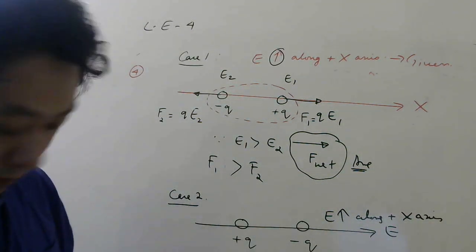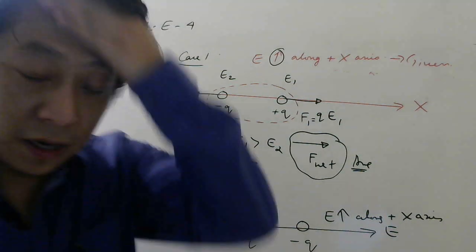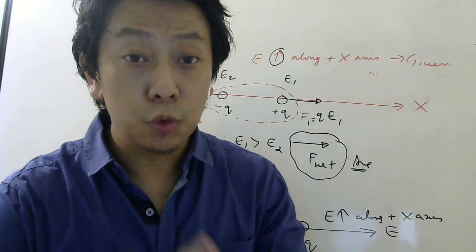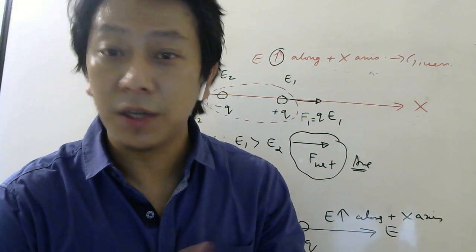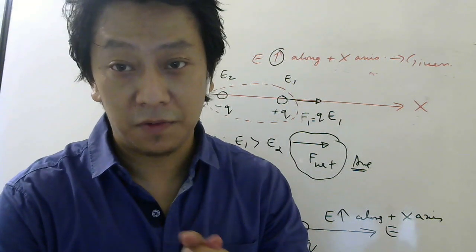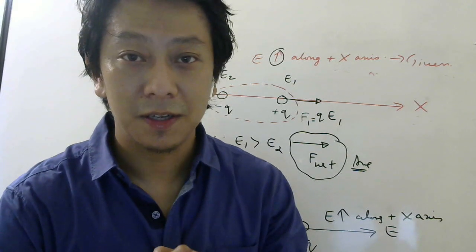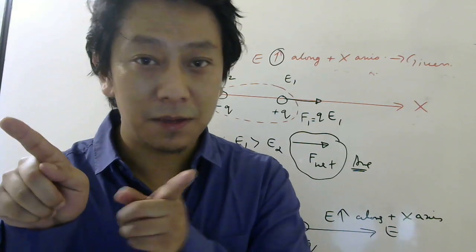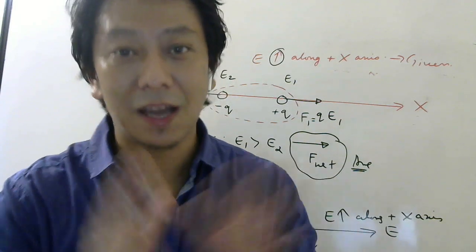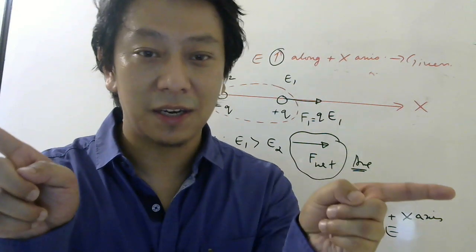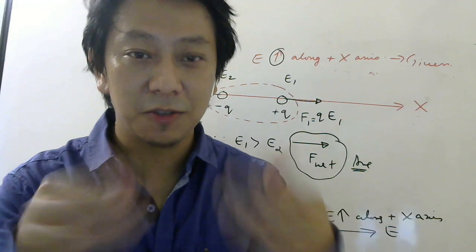So I hope you understood that usually when a dipole is kept in uniform electric field, the net force is 0. Please remember this, because QE one side minus QE other side, they will cancel. Or you can say QE this side and QE that side, those two are equal and opposite, so they will cancel.